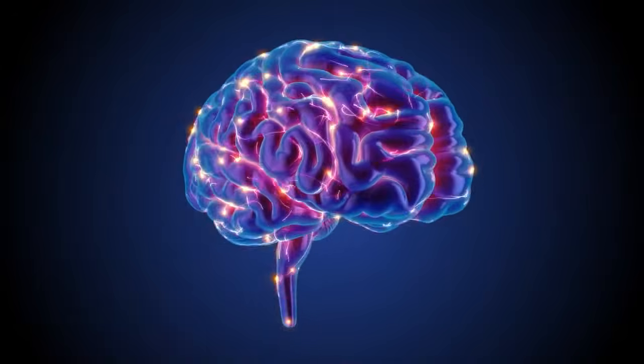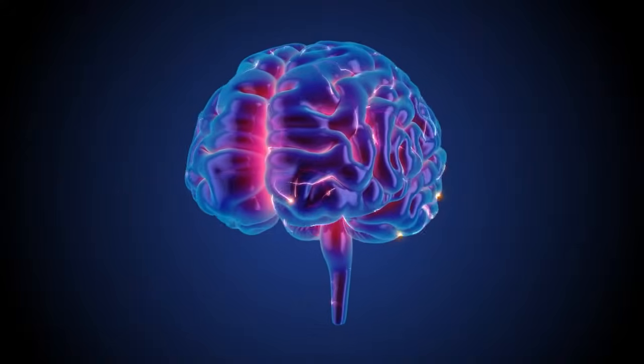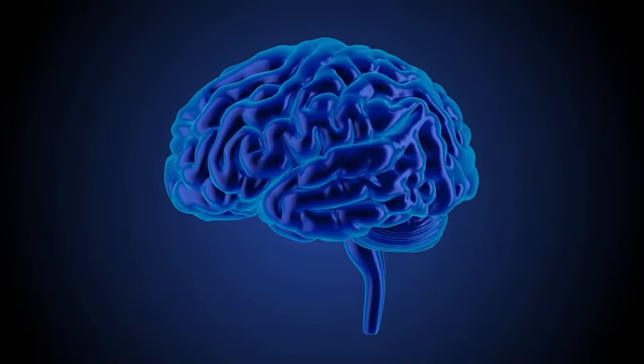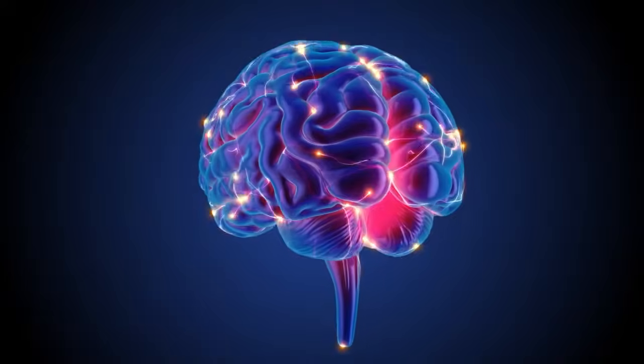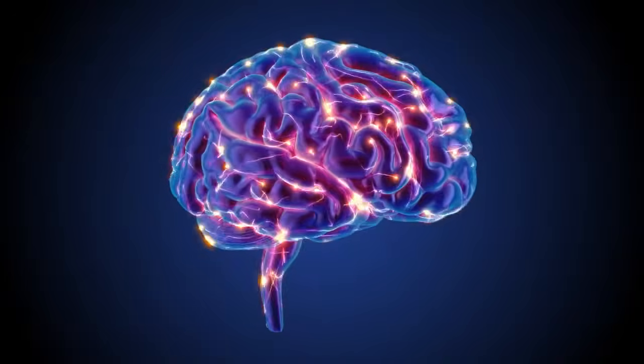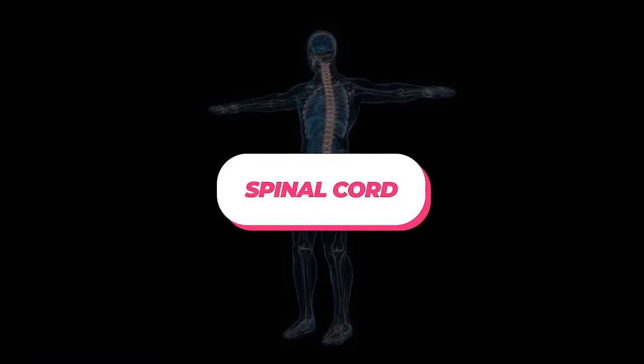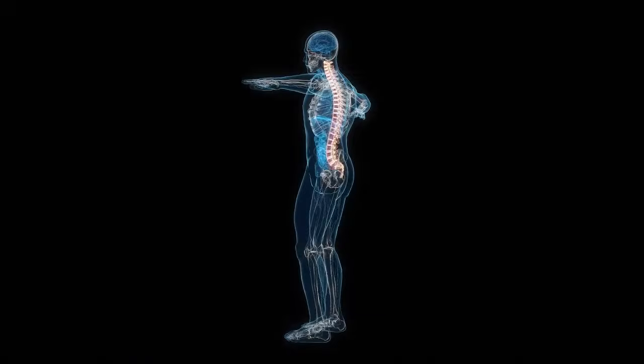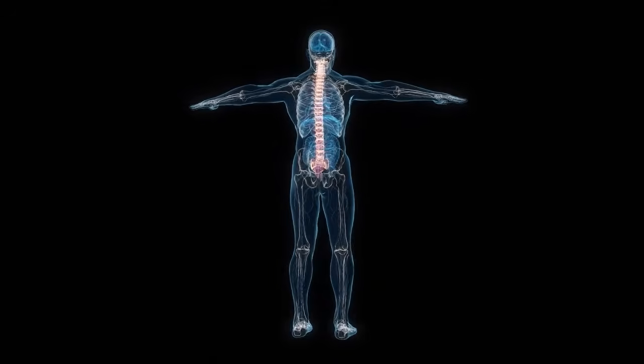The hippocampus is located within the brain and is responsible for forming and storing memories. The amygdala is also located within the brain and is involved in the processing of emotions and the formation of memories. Spinal cord. The spinal cord is a long, slender tube of nerve tissue that runs from the brain down